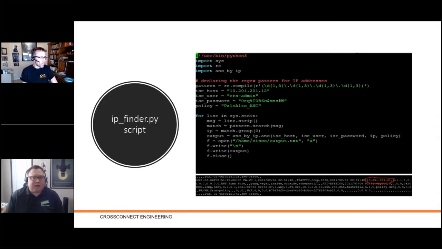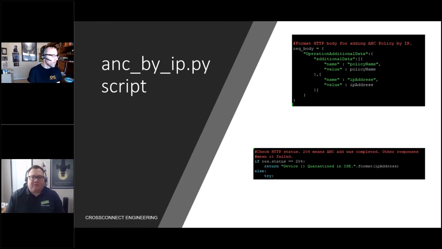And here's a little bit about our first Python script, and we'll go over this in the demo, but basically we're regexing the source IP address out of the traffic message, and then we're taking that and sending it to a second script that is going to talk to Cisco ISE and quarantine that host. And then finally, we'll go more in depth in the demo, but this is a little bit from the